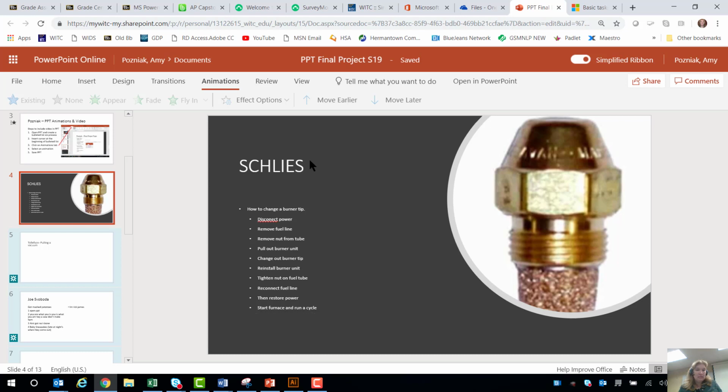So he has a bulleted list here. He didn't put his title up here, but he put it down here, how to change the burner tip, and included an image on that. So that's a great start. The next thing that Roddy will have to do will be to add the animations to his bulleted list, and we'll walk through that as well, but you'll use this animations tab